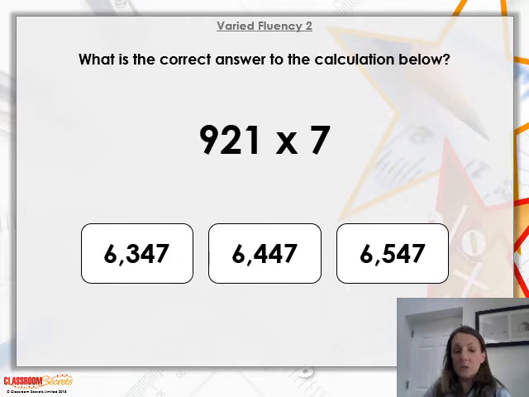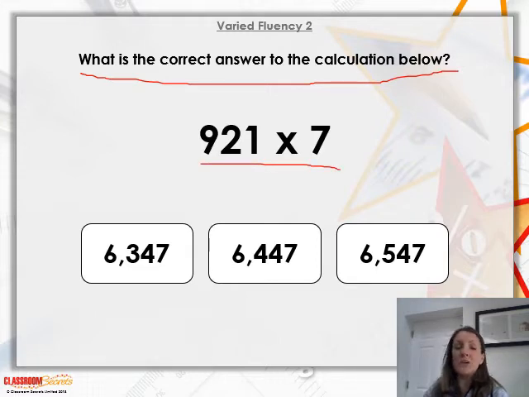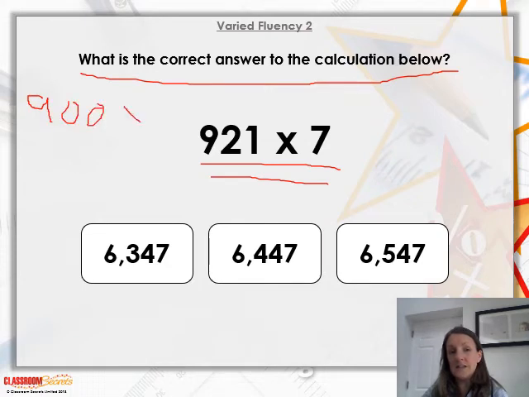Looking at the next question, which is the correct answer to the calculation below? So it's 921 times 7. So again, you can use the grid method to work this out, or you could also partition it and round the number as well. For example, I could say I know that 900 times 7, well,